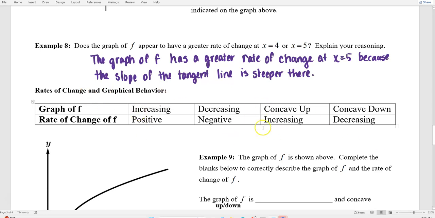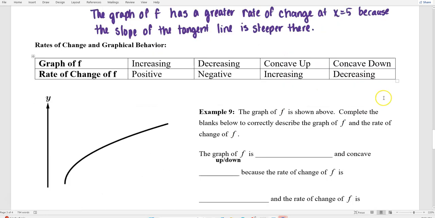Here is that same chart that we've had several times. I've put it here again to remind us. If the graph of f is increasing, the rate of change of f is positive. If the graph of f is decreasing, the rate of change is negative. If the graph of f is concave up, the rate of change is increasing. If the graph of f is concave down, the rate of change is decreasing. It will do you well to memorize this. I find myself writing it down on problems a lot of times just to organize my thoughts about what's being